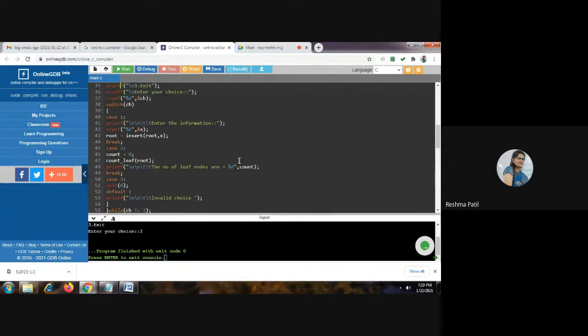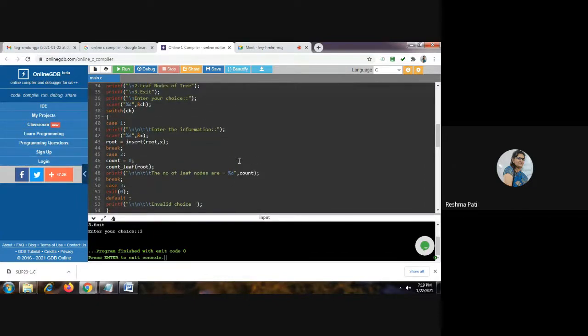Now we will take the second case, that is count of leaf nodes. When you write 2 here, we will go to case number 2. Here initially count is equal to 0.